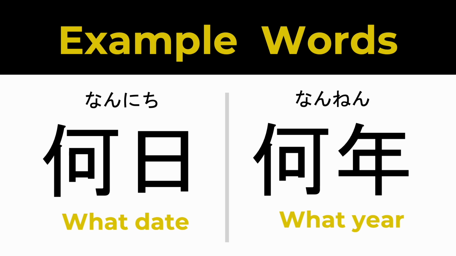Here are a few example words for nan. When you combine nan and nichi, it becomes what day. And when you combine nan and nen, it translates to what year. It's pretty straightforward here. Listen to the native speaker and then repeat after them. 何日、何年。